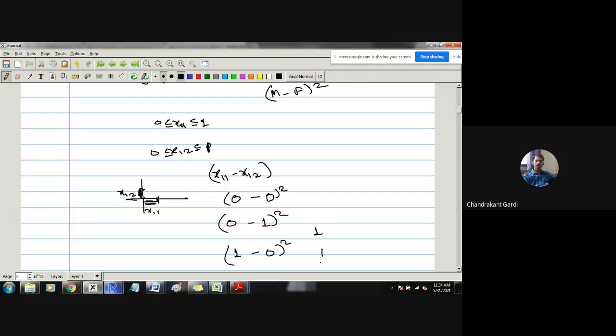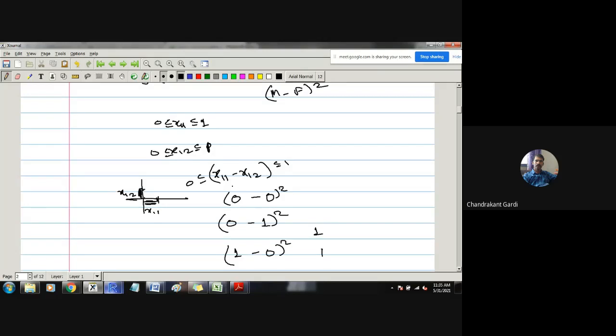If we consider the uniform 0-1 distribution, and we take any two numbers from that distribution, suppose x and y are both uniform 0-1, and we consider the distribution of x minus y, the range for x minus y is -1 to +1, because that is the range where the value of x minus y can lie. But if we consider the distribution of (x minus y) bracket square, then that will lie between 0 and 1 only. So this difference x11 minus x12 squared is always going to be between 0 and 1.